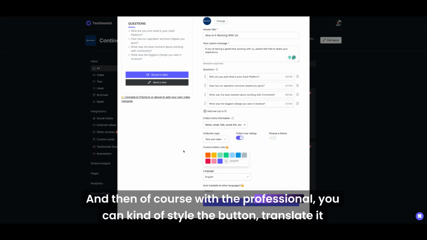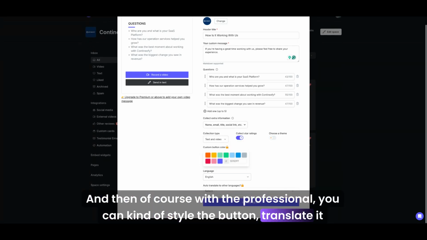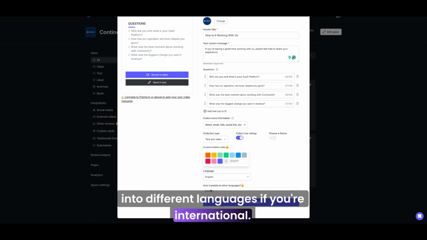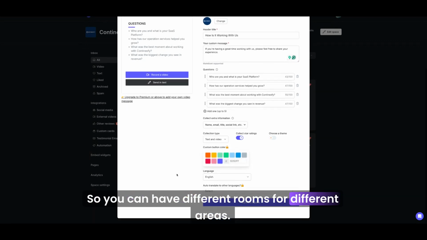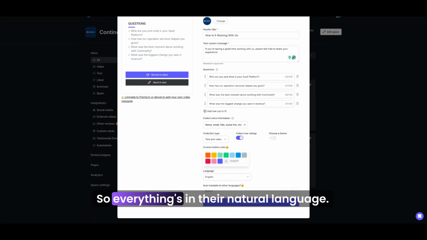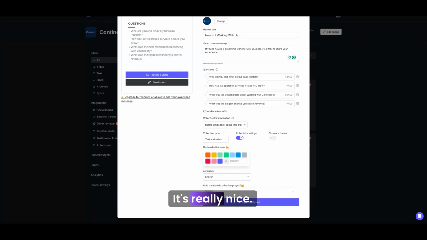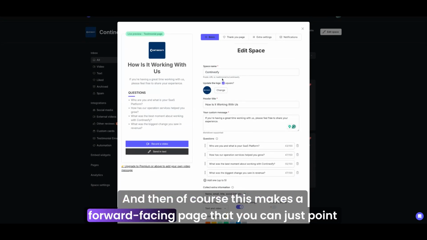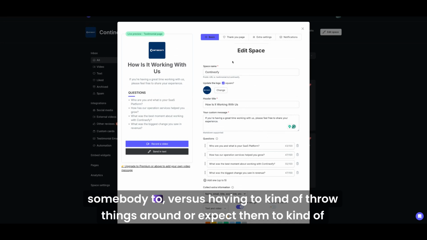And then, of course, with the professional plan, you can style the button and translate it into different languages if you're international. So you can have different rooms for different areas, so everything's in their natural language. It's really nice. And then, of course, this makes a forward-facing page that you can just point somebody to,